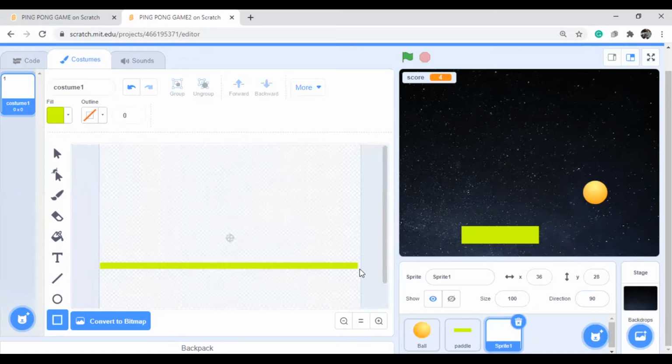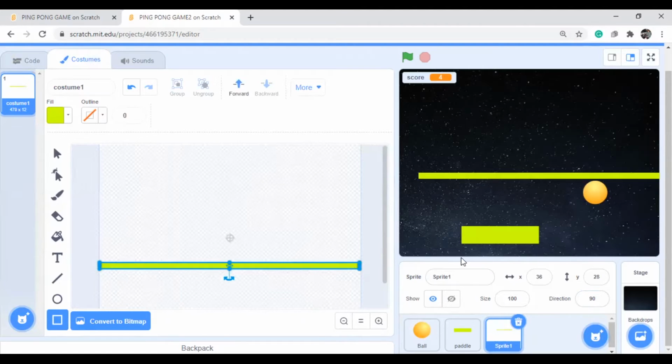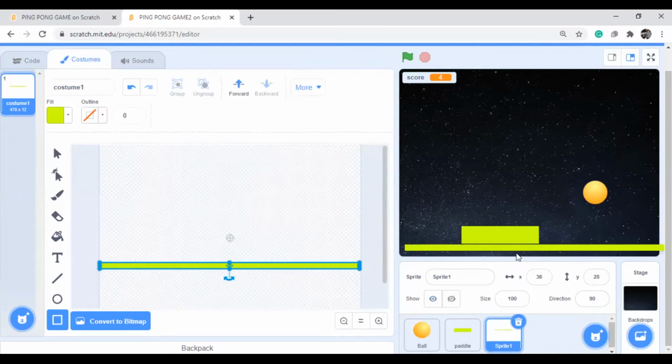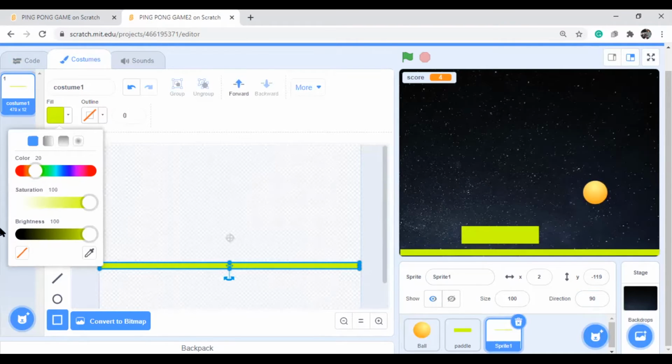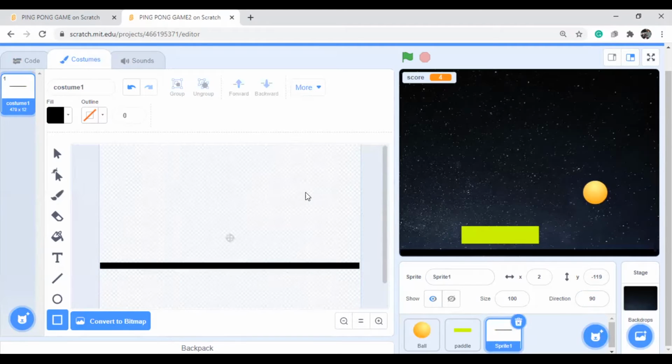Let us call it a line. So this one you can make it. Is it enough? Yeah, it is enough. And put some black color on it. So how to put the black color? Yeah, some black color I kept it like this.